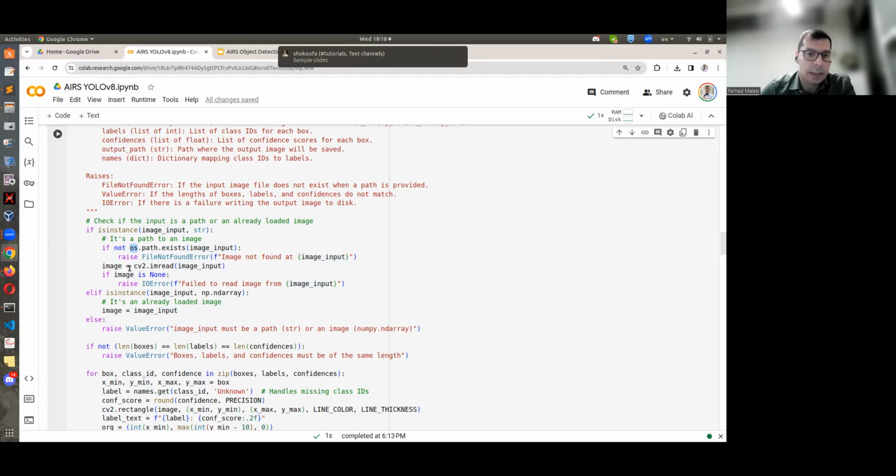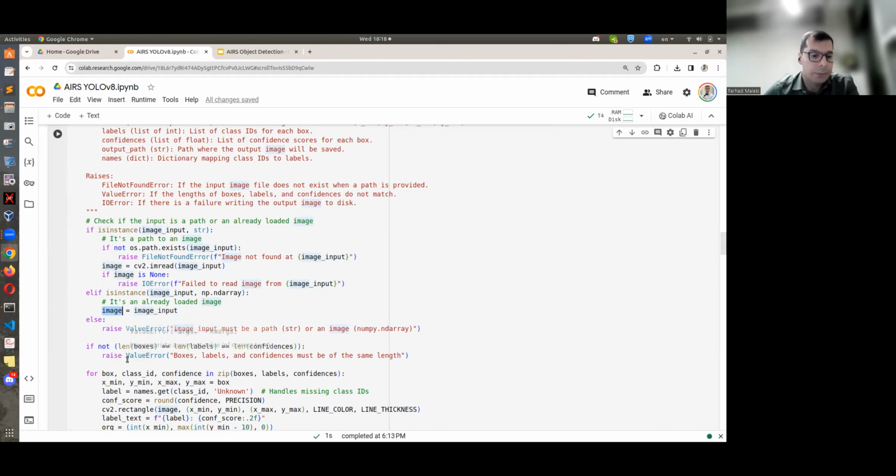If there is any problem with the image, like the image cannot be loaded or whatever, I have this IO error. Otherwise, I just put the image input inside this image variable. And if none of these things, otherwise means it's a NumPy array. So this function that I wrote accepts only paths and NumPy arrays.